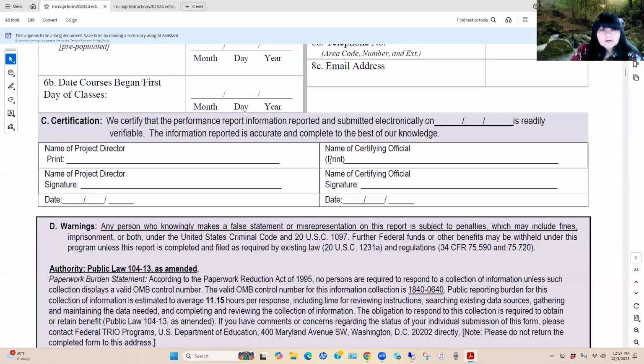However, we are no longer doing that. Last year in the APR submission process, we were required to click on a form and acknowledge this particular certification and warning. That was done last year, and they're going to continue to implement that in the APR submission process this year.